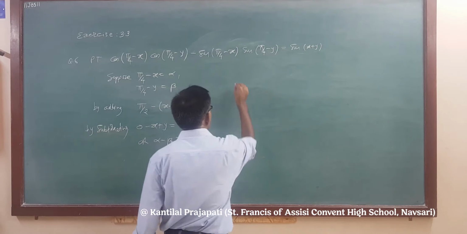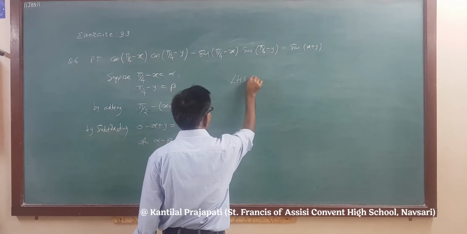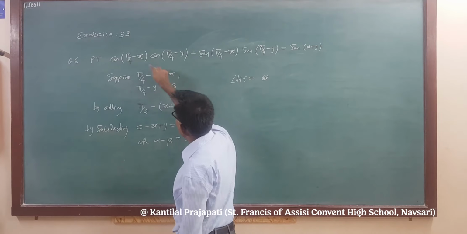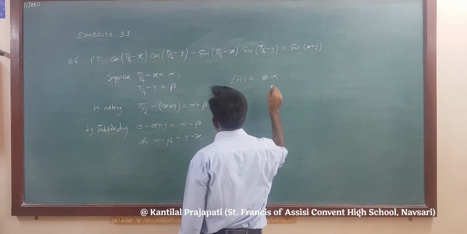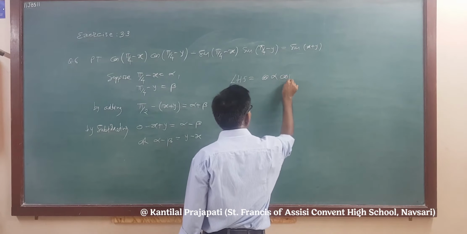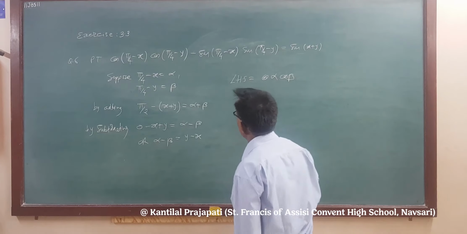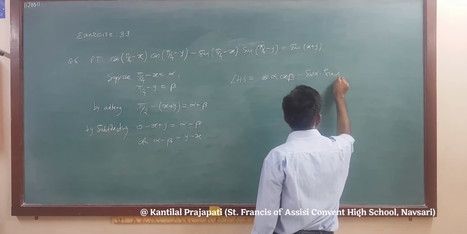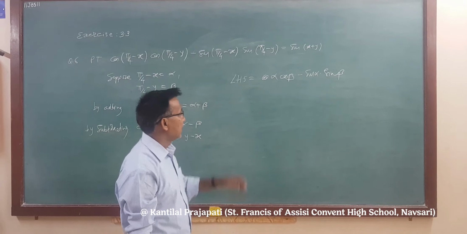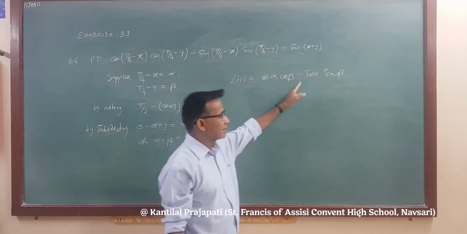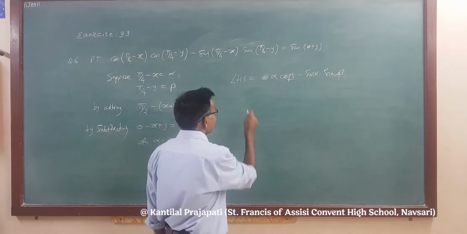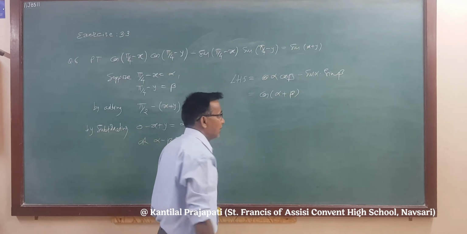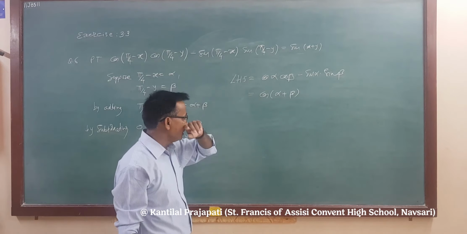Now LHS, we substitute here. What is LHS? Put pi by 4 minus x is equal to alpha. Cos alpha into cos beta minus sin alpha into sin beta. Okay. So now you get the addition formula, cos minus sin. Right? It is nothing but cos of alpha plus beta. Direct formula you get, which we have derived first.